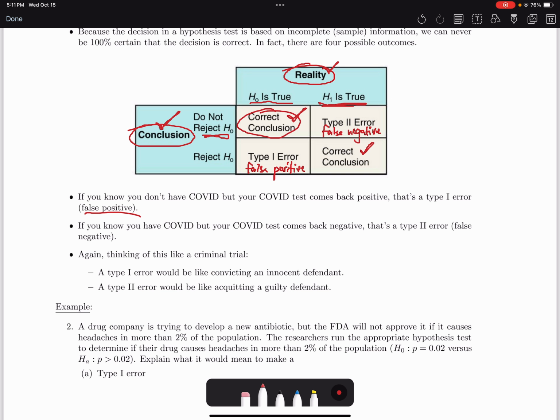In other words, committing a type 1 error. And sometimes you're letting a guilty defendant go free, committing a type 2 error. We hope that those errors are kept to a minimum. And they are if we're using correct procedures. Anyway,